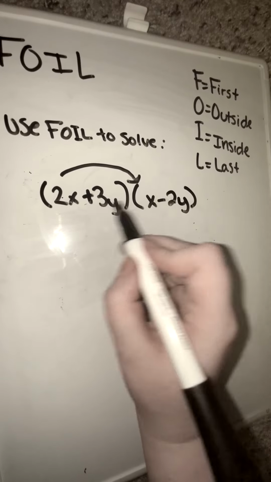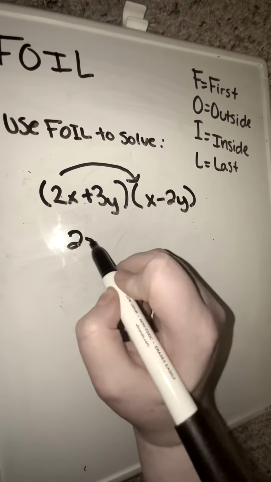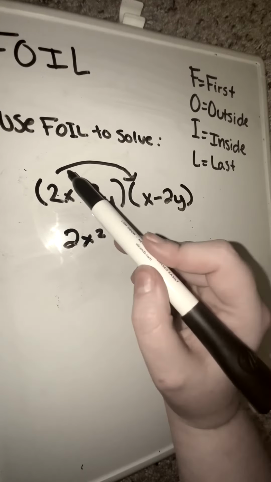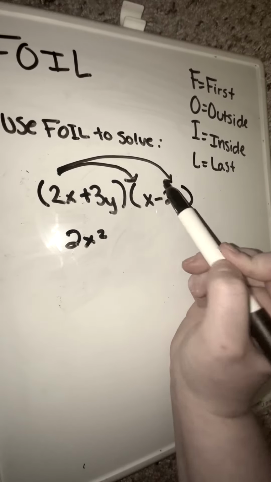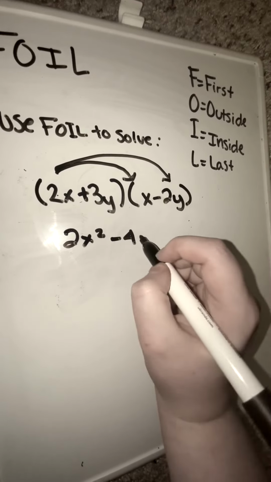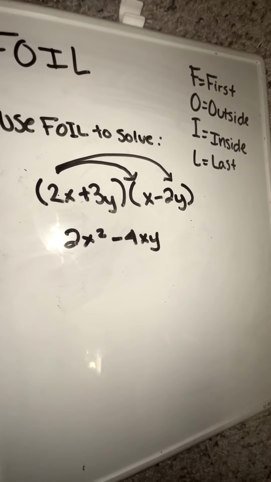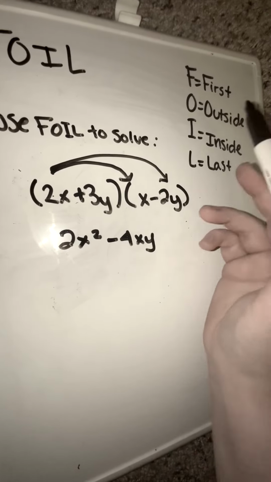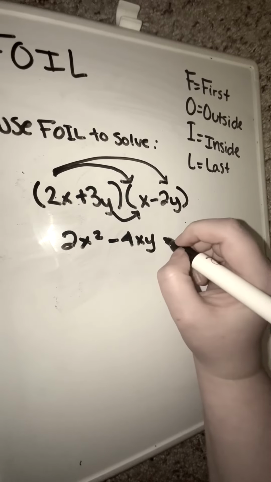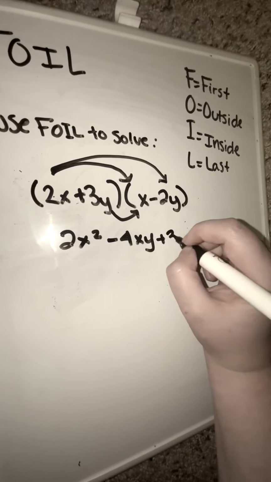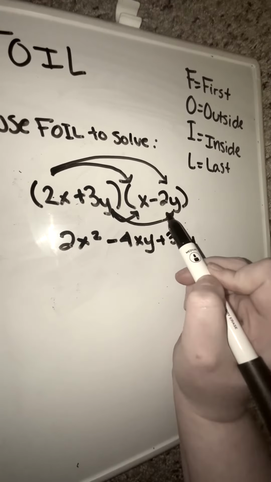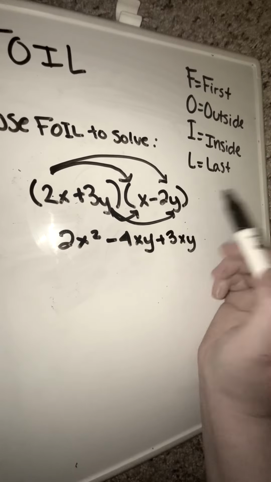So again, to start this out, you're going to use F, which is first. It would be 2x times x, which is just 2x squared. O, outside, so 2x times negative 2y, which will give us negative 4xy. I, inside, 3y times x, which equals 3xy, and L, which is 3y times 2y,